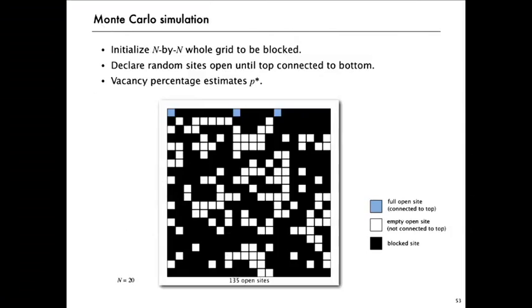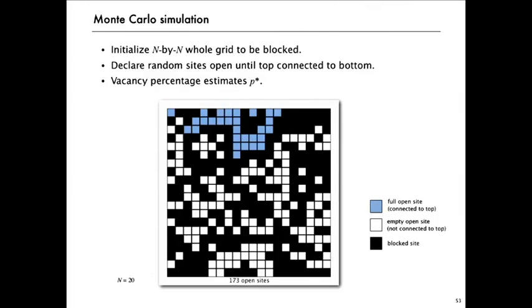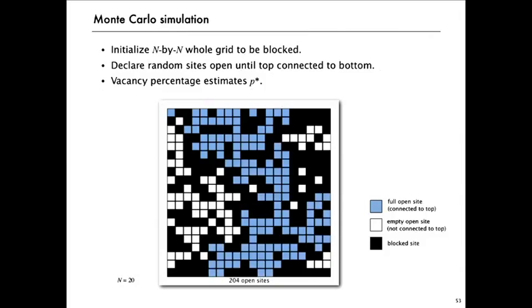So what we're going to run is called a so-called Monte Carlo simulation, where we initialize the whole grid to be blocked, all black, and then we randomly fill in open sites. And we keep going. And every time we add an open site, we check to see if it makes the system percolate. And we keep going until we get to a point where the system percolates. And we can show that the vacancy percentage at the time that it percolates is an estimate of this threshold